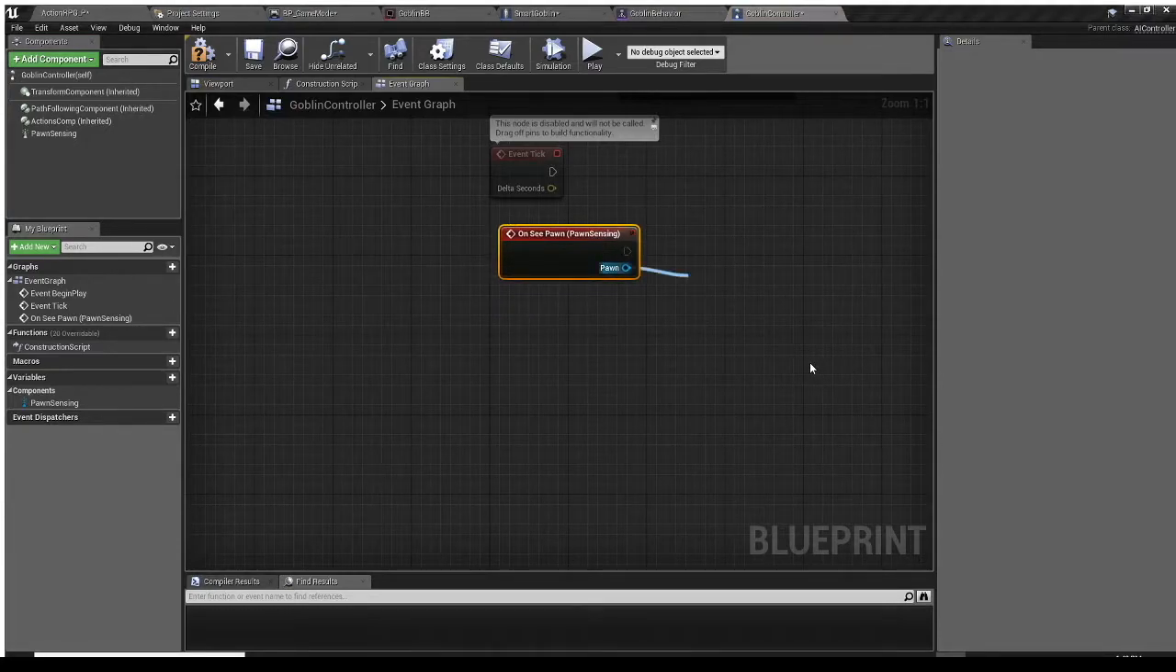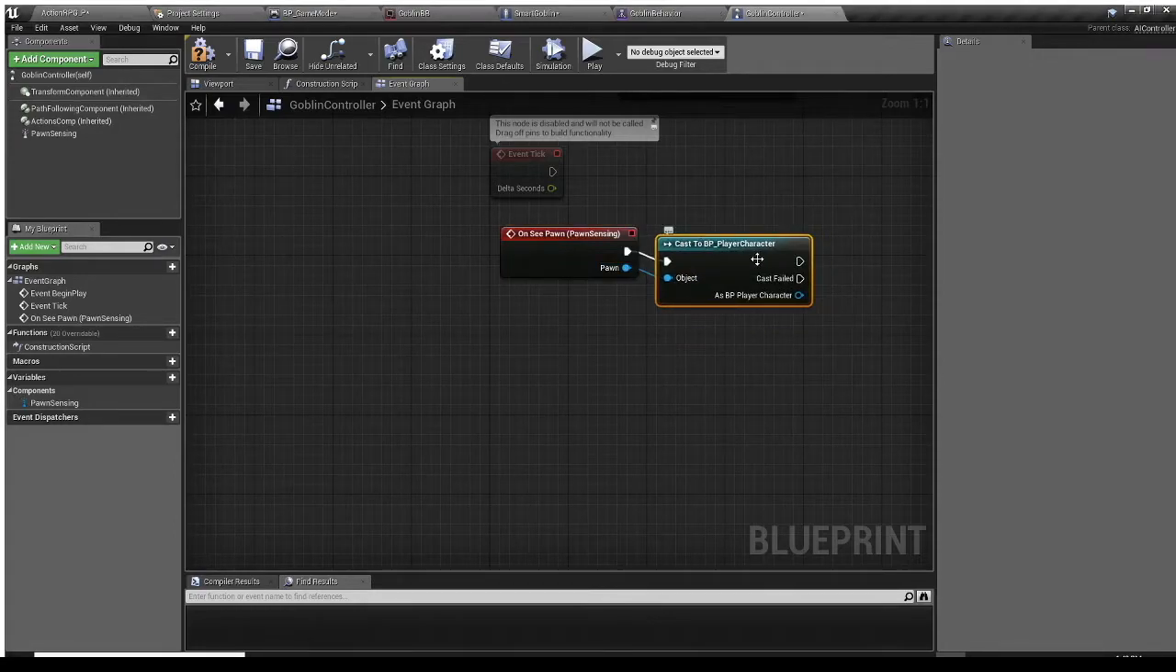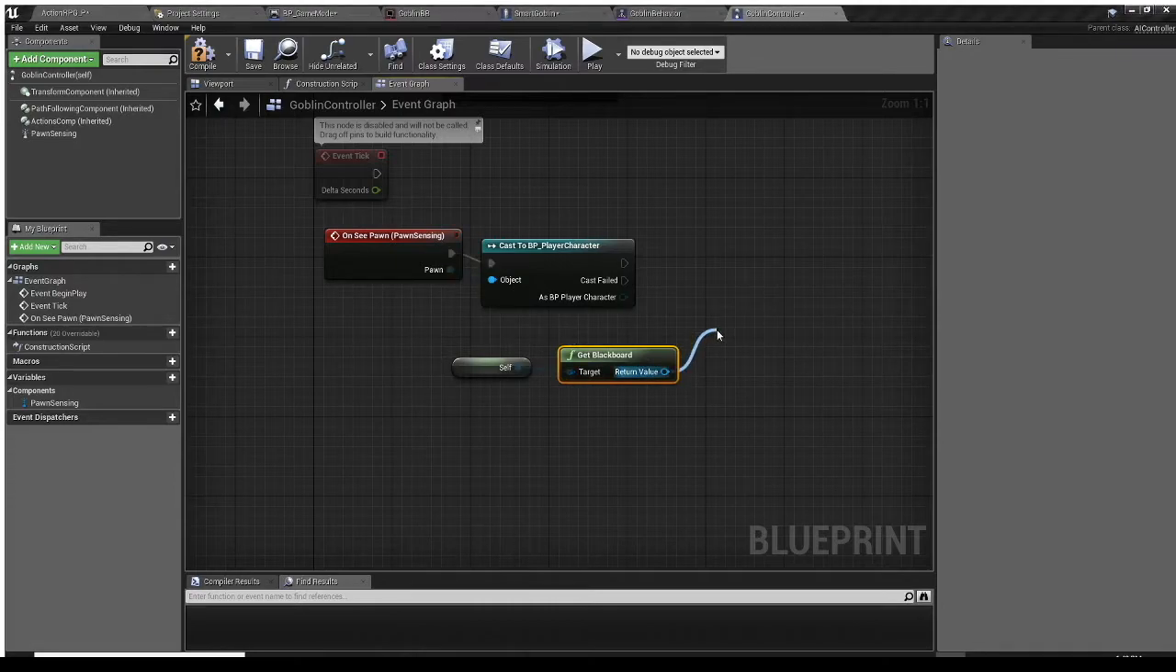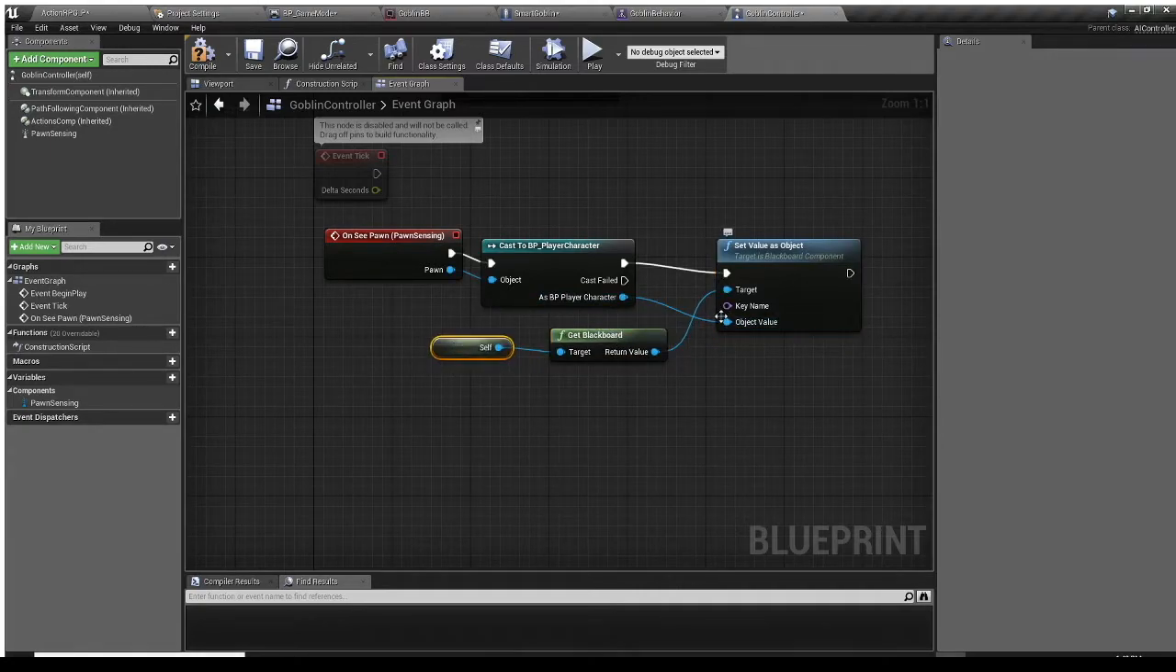We want the player character to let us know that it's actually the character that we're targeting. And then with that, we will set up a new blackboard. So I'll go ahead and get a reference to self, get blackboard, and in this case I'm going to set target value. The object will be the player object, and the key name will be